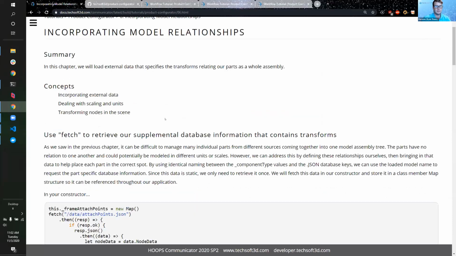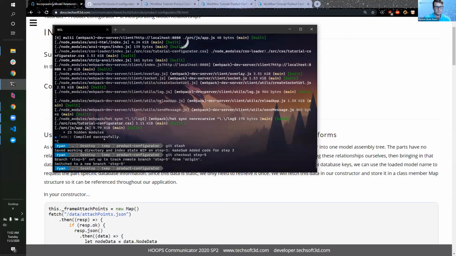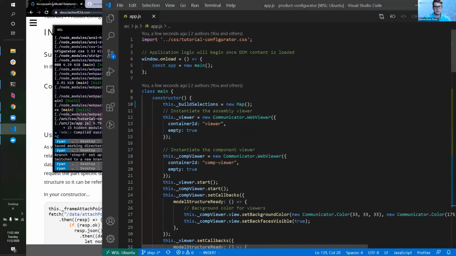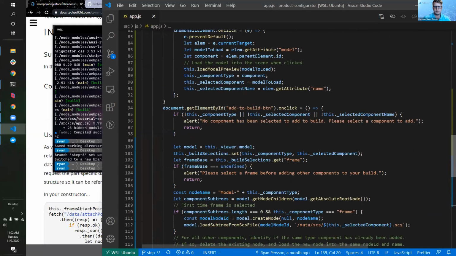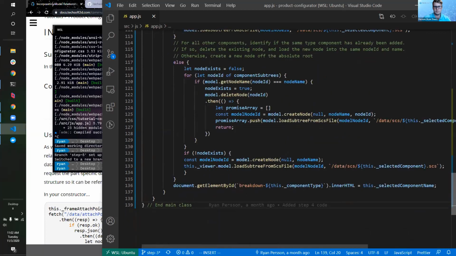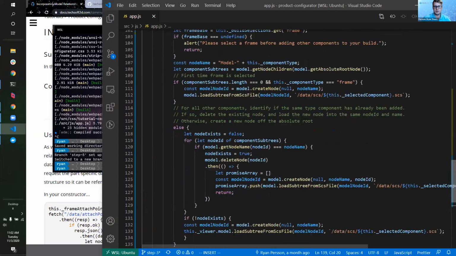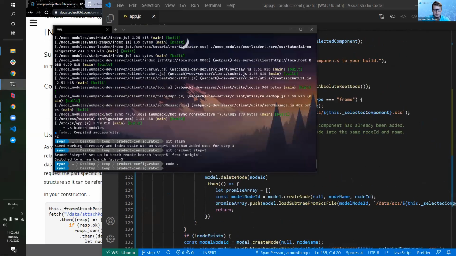So we should be done with step 5, I believe. And I'm not sure what the issue was with that. It looks pretty much the same to me, but